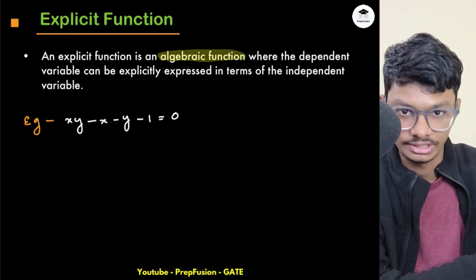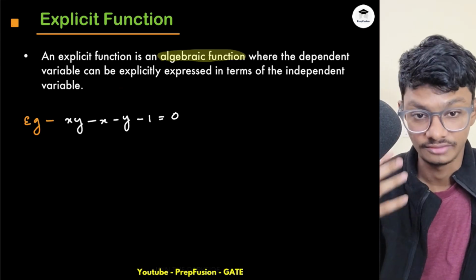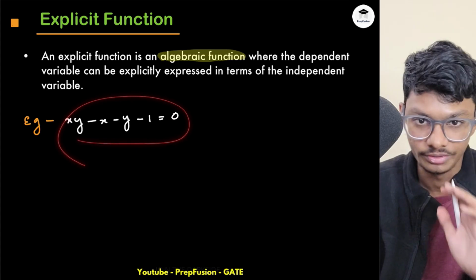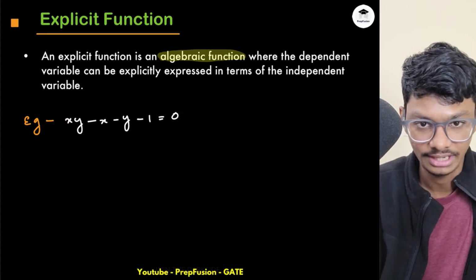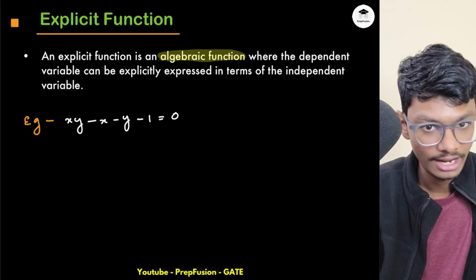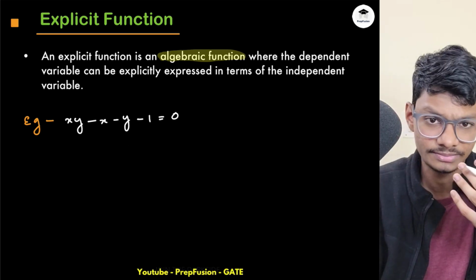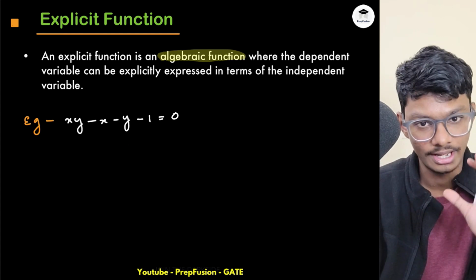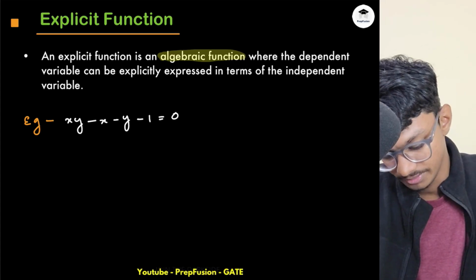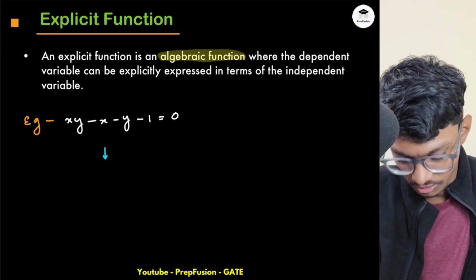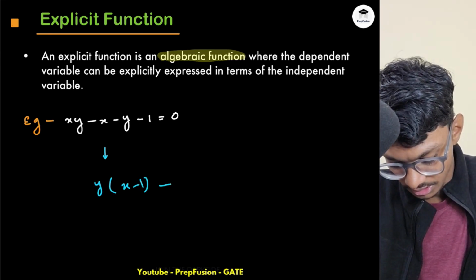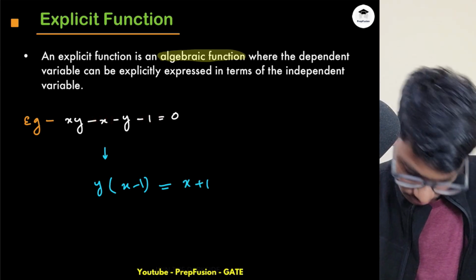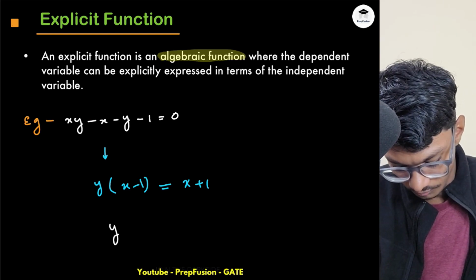After we study the implicit function, we'll understand the difference between these two, the actual meaning of this explicit function. So basically, y is a dependent variable and x is an independent variable. Can I express my y as a function of the independent variable? Let me try to manipulate this algebraically. I can take y common over here, so this will be x minus 1, and I can take this x on the right hand side, so this will be x plus 1. So this will become y equals to